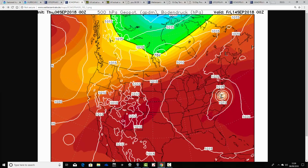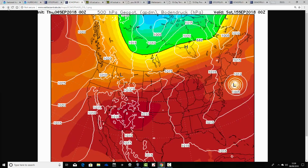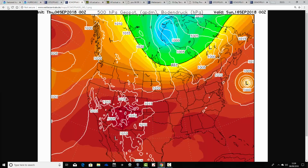It actually comes further inland compared to what the GFS is showing as we go through to Friday. That is a very major hit from Hurricane Florence. Again, we can't say what category of hurricane that would be, or how severe it would be, it's too far away, but a major direct hit on the east coast of America is being forecast by the ECM through the second half of next week. And then Florence curves back out towards the Atlantic Ocean, begins to move away from